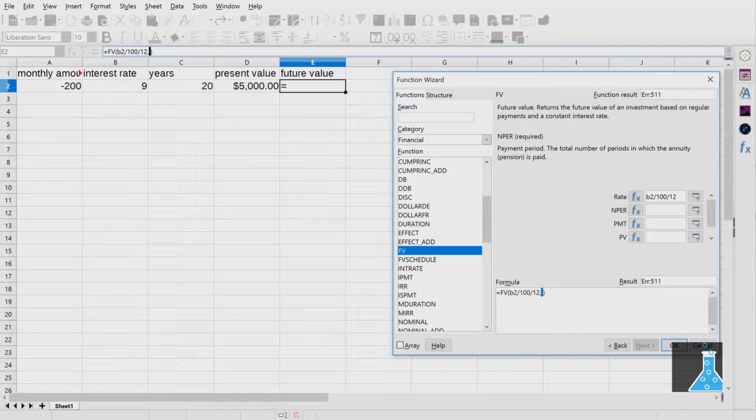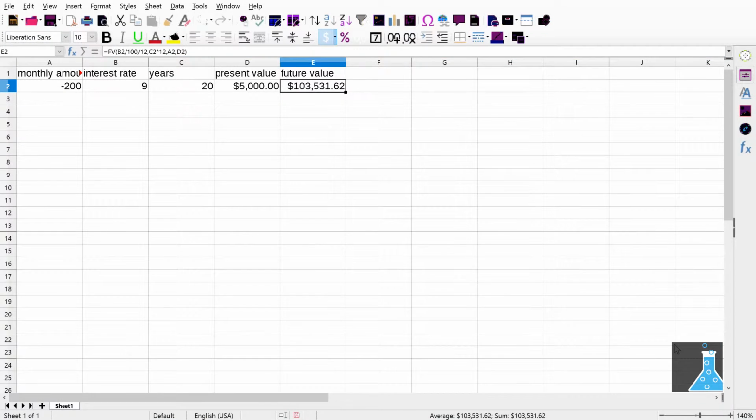Okay, N per is the number of periods, and so this will be C2 times 12, because we're doing a monthly payment. And then the payment will be A2, present value is going to be D2, and then we say OK, and that gets us our future value